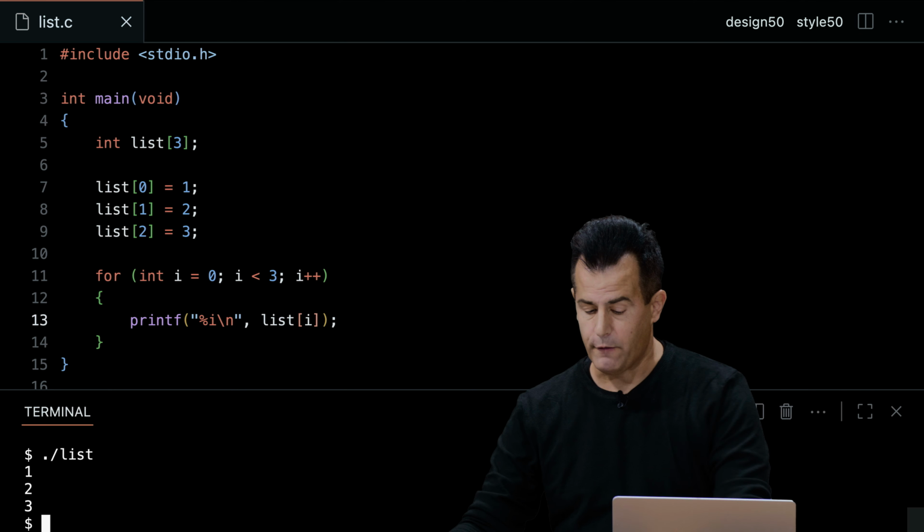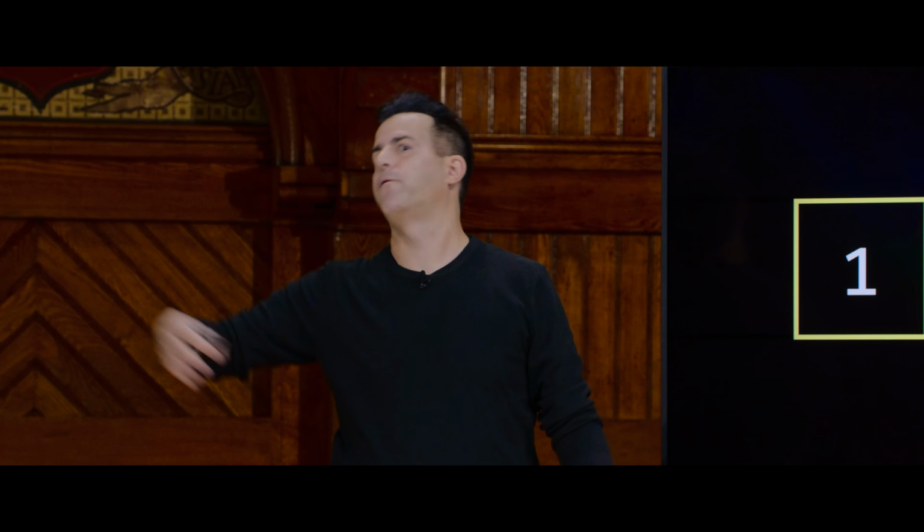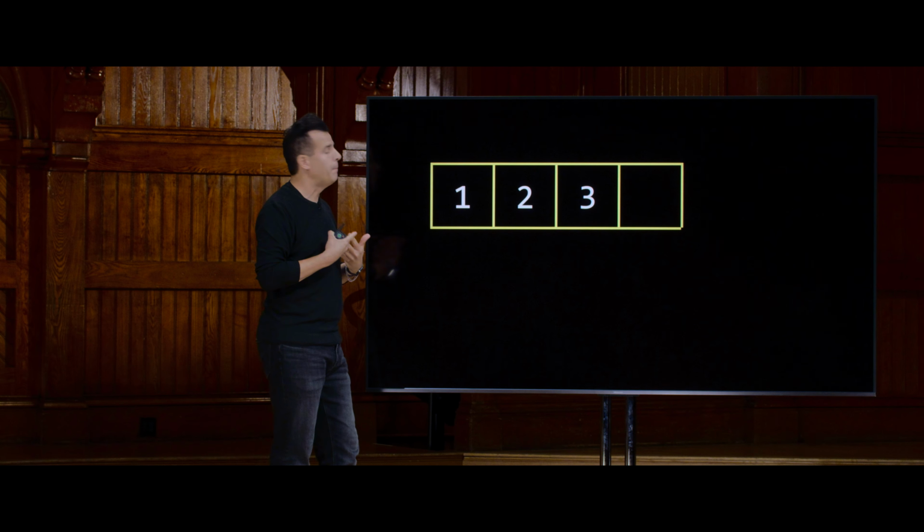All right, but what if now we actually want to change that design and be like, oh, shoot, I now have a 4th number that I want to store, or just bought a 4th sweater, or a 4th person wants to get in line, or I want to add a 4th friend to my contacts. Whatever the scenario might be, it stands to reason that ideally you would plop that 4th value right here in memory so that everything remains contiguous. You're still using an array. Your code doesn't really have to change except for the length.